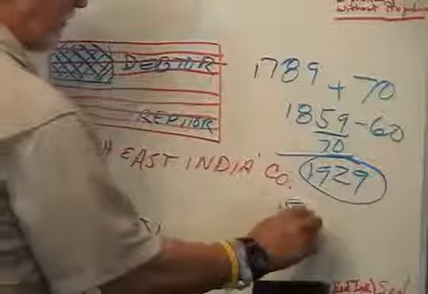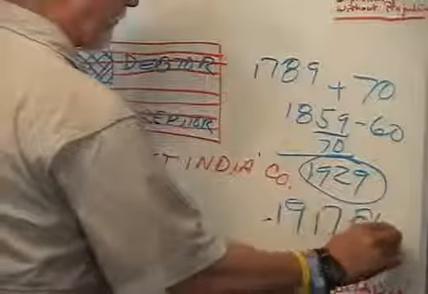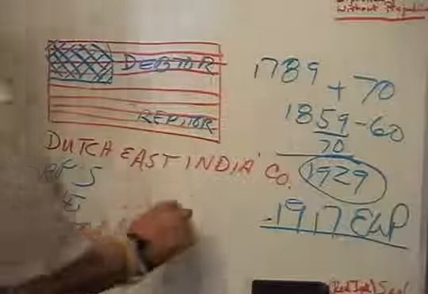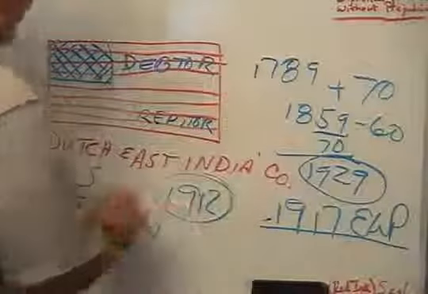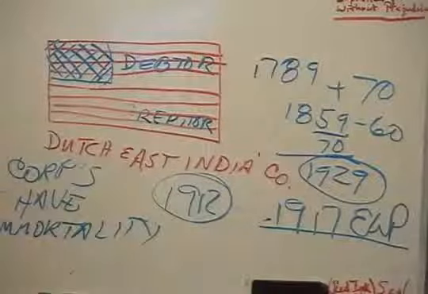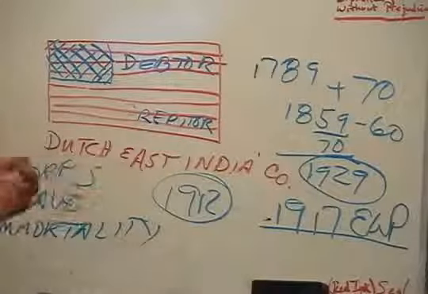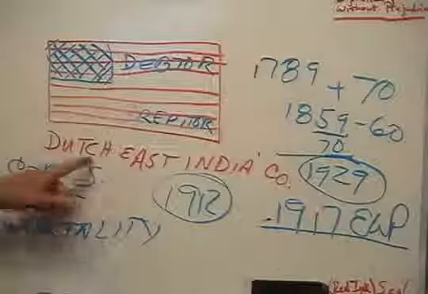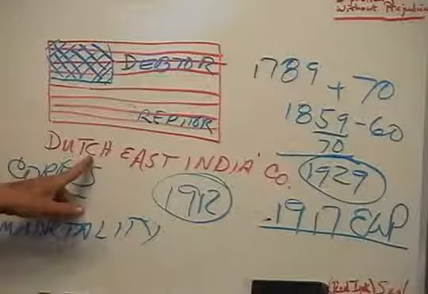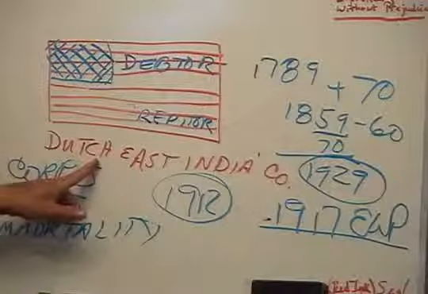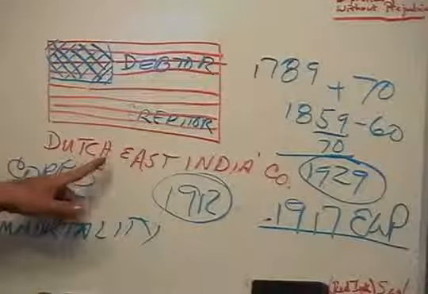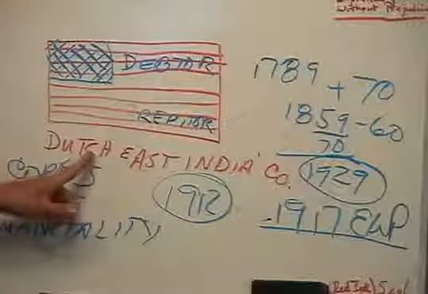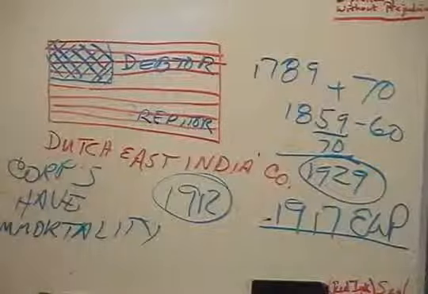The 1917 Emergency War Powers Act got us into World War I. That was the Federal Reserve Income Tax Act. The Federal Reserve and income tax had to go together because the Federal Reserve allowed us to borrow money from the World Bank, Dutch East India, the Netherlands, Queen Juliana, Queen Beatrice of the Netherlands. They are in partnership with a guy by the name of Rothschild, and they own